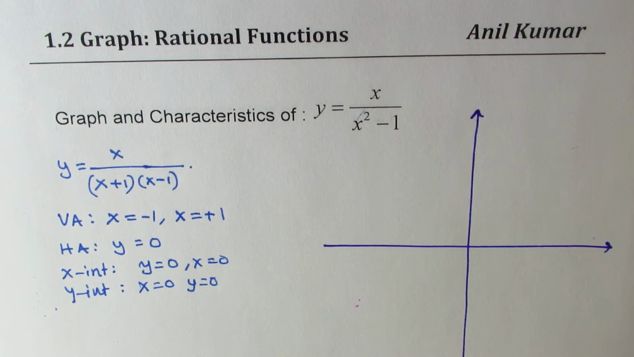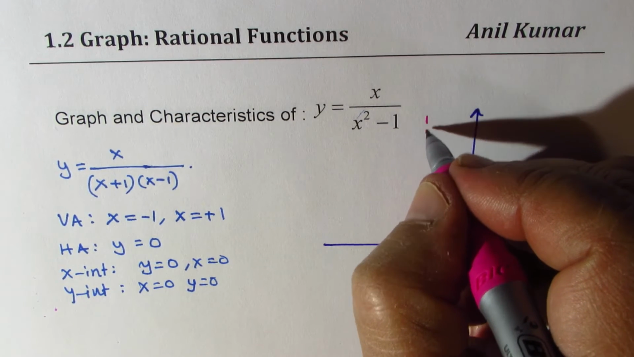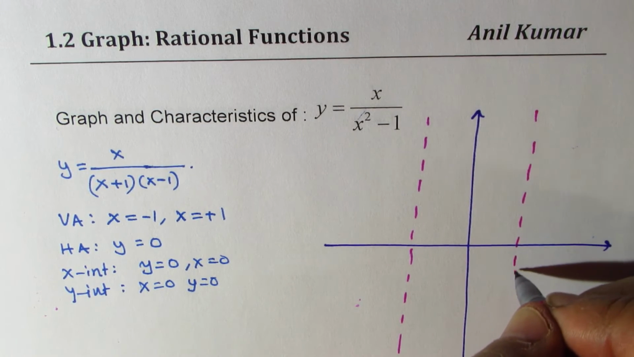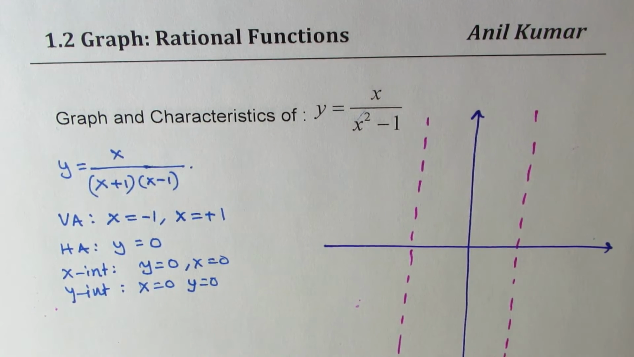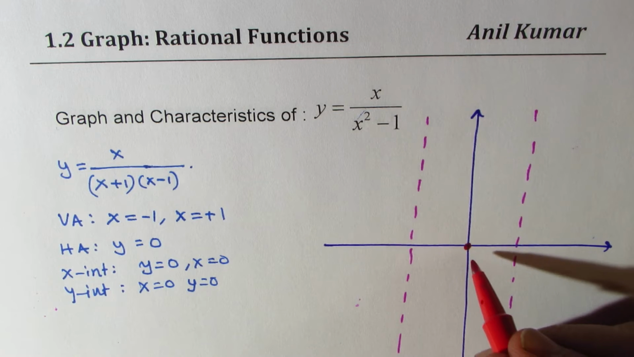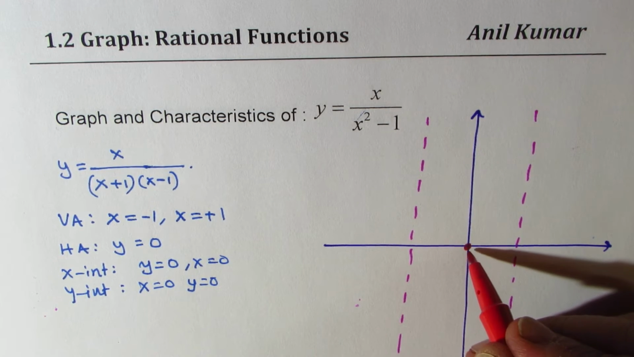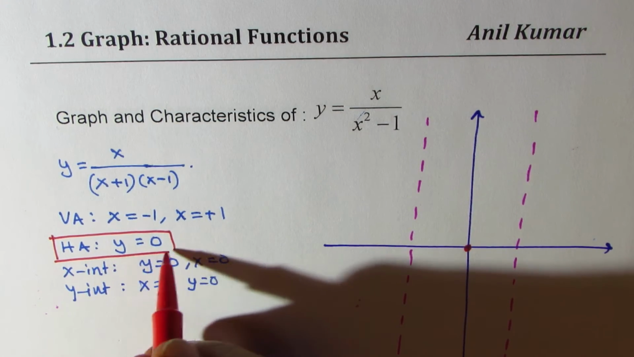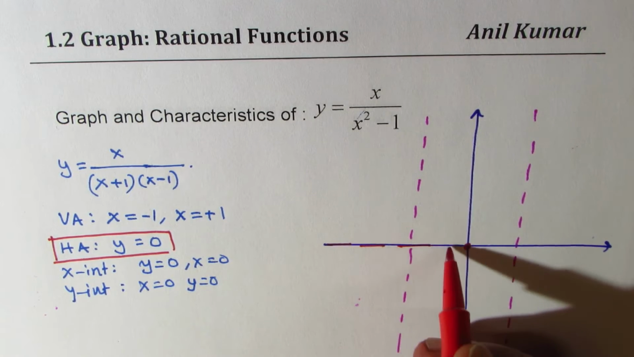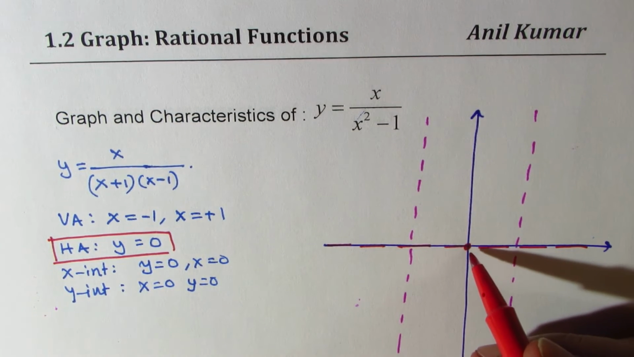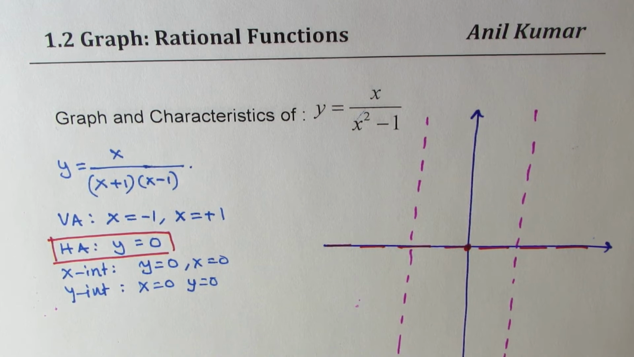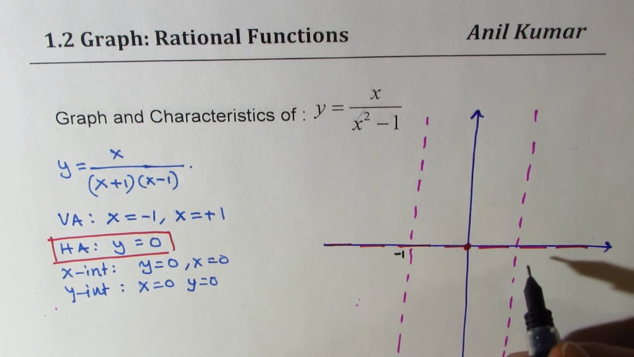We have two vertical asymptotes. One is at plus 1, the other one is at minus 1. We also have x and y intercept right at the origin. So the graph is crossing this origin. And horizontal asymptote, as you note, is the x-axis. So basically we are crossing the origin, correct? So this is a very interesting example. Minus 1, plus 1,